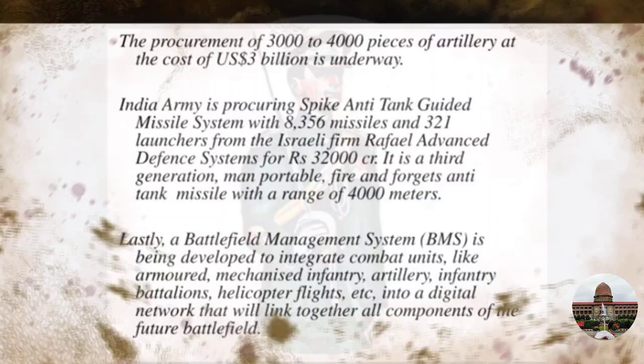Then in terms of artillery also, the Indian Army is upgrading the field guns as well as the howitzers. For example, recently we have inducted the Sharang artillery gun, the indigenously developed Dhanush howitzer, and we have recently procured the 155 mm M777 ultra lightweight howitzer gun from the US. Then the Indian Army is procuring various anti-tank guided missile systems, for example, the Spike anti-tank guided missile from Israel, and various missile launchers.